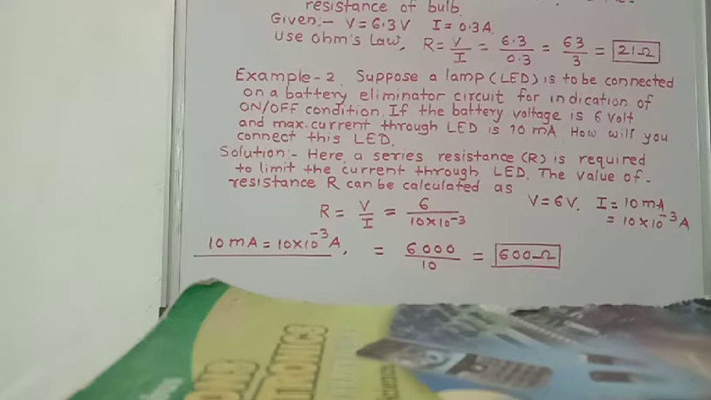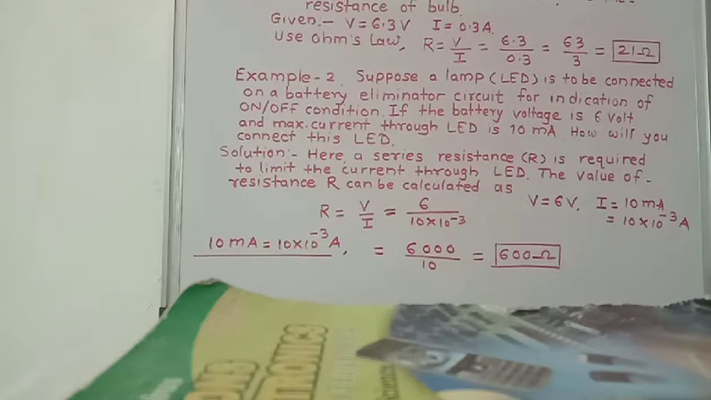Okay, so we require a 600 ohm resistance which is to be connected in series with the LED. These are the two examples. Now we will study about